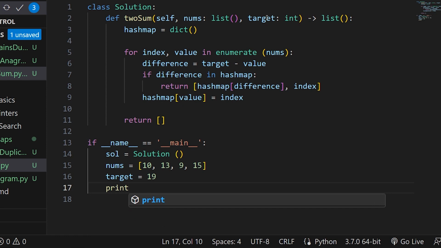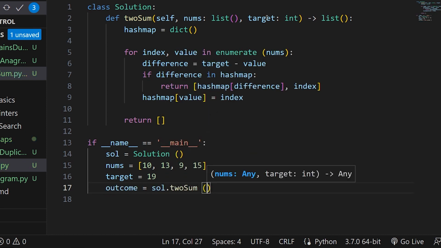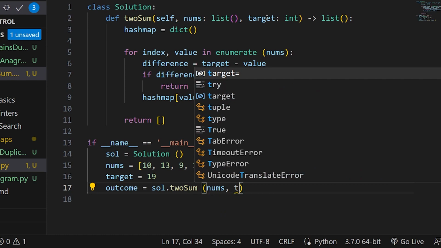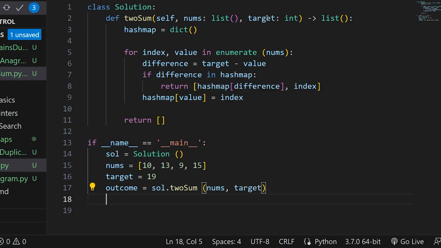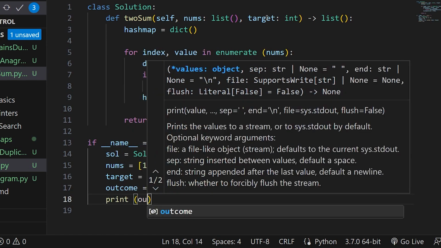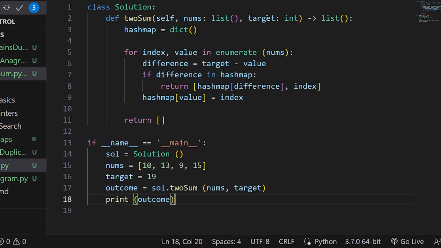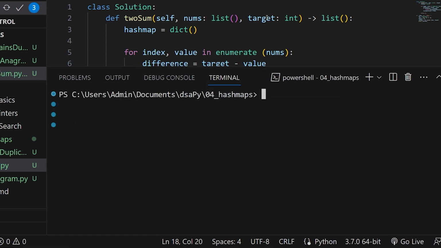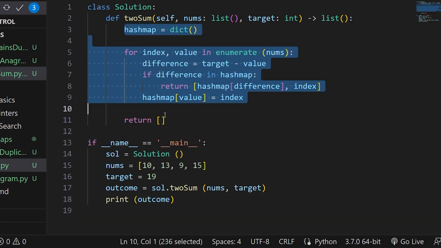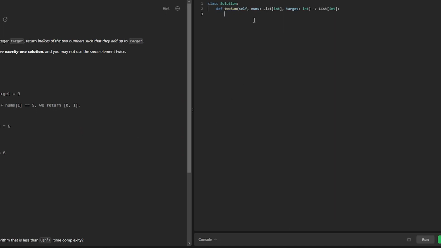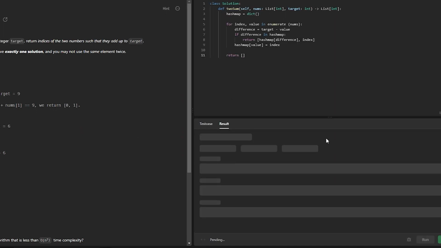Let us now take the outcome, which is a list, and we'll say sol.toSum. It takes nums as well as target, and I'll print that outcome. Now let us try to run this. So py toSum, it gives us 0 and 2. So it is working. Let us copy this solution, paste it over here, run it.